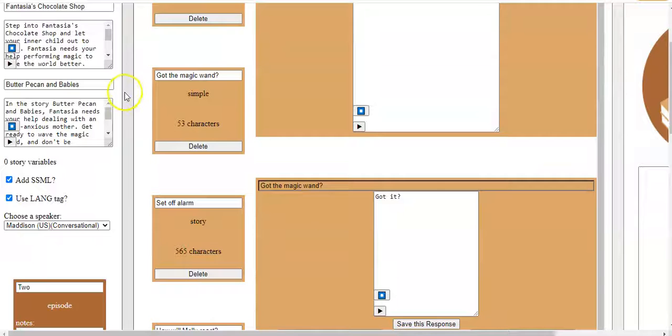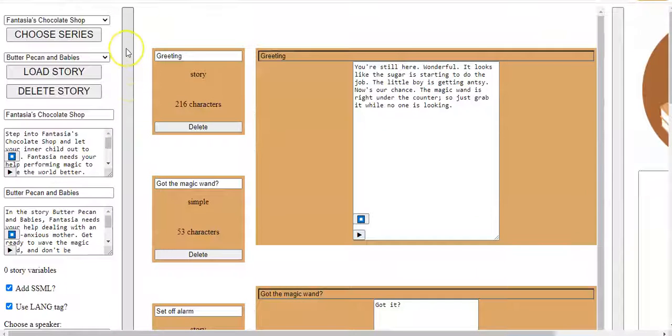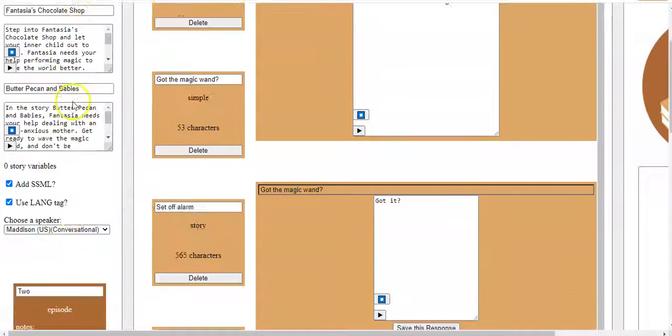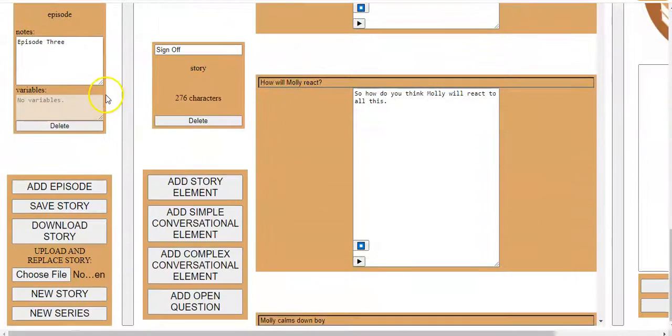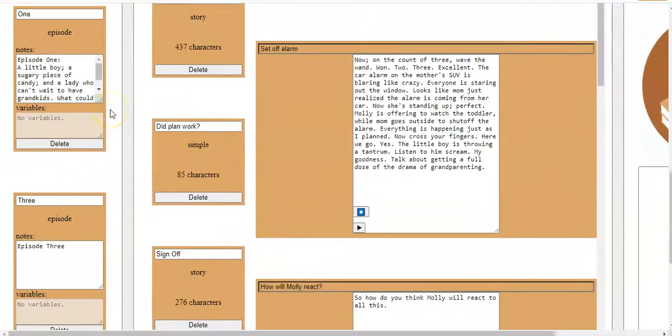All right, so let me show you how you can get started with this, because most likely you are going to have downloaded your story as a file, and you'll have it on your computer. Let me show you a test that I did here. Now let's say I want to start